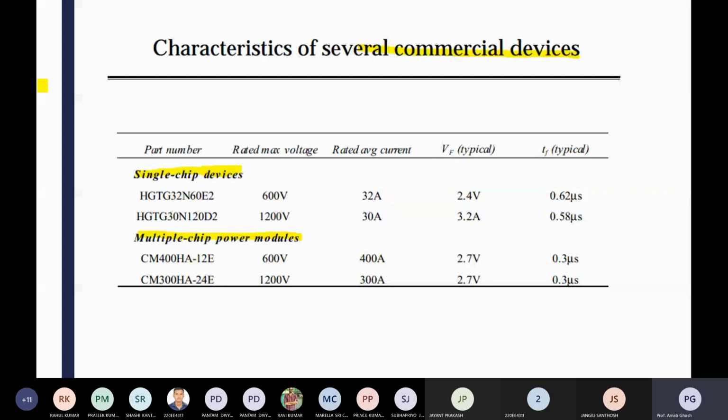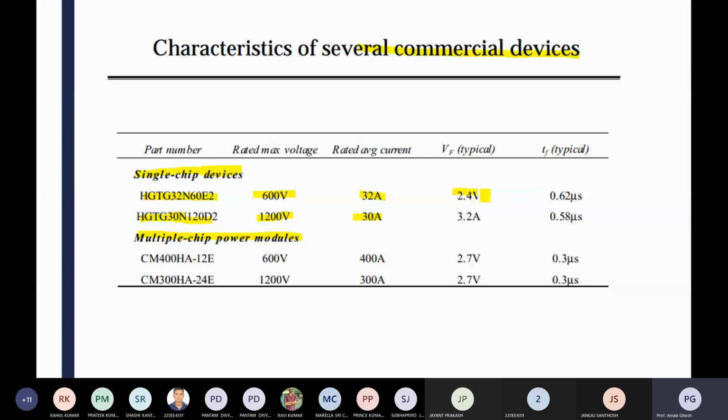You can see the maximum voltage; different part numbers have different voltages, as well as rated average currents. Here 32N means 32 amperes, and 60 means 600 volt. Here 30N means again 30 ampere, and 120 means 1200 volt.